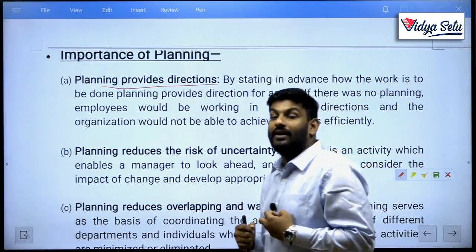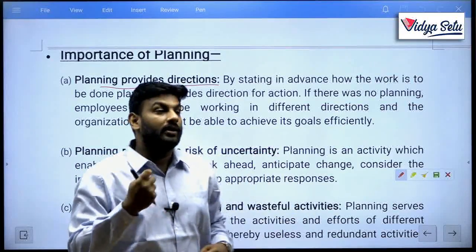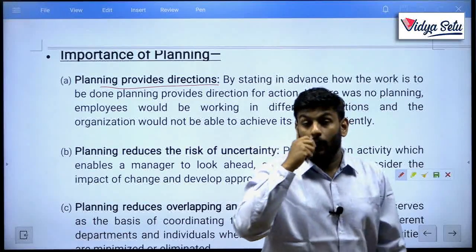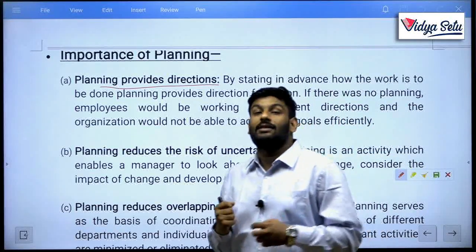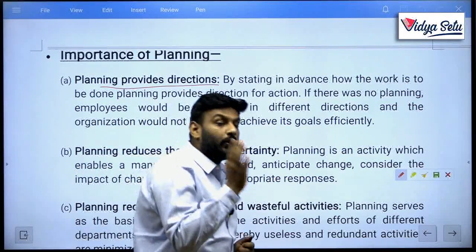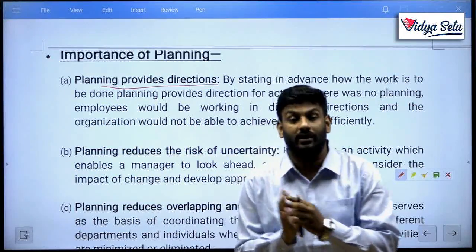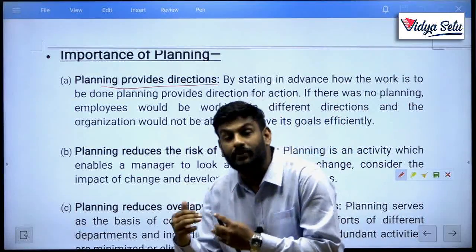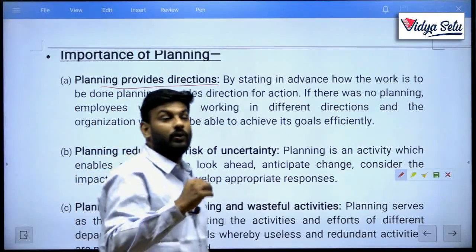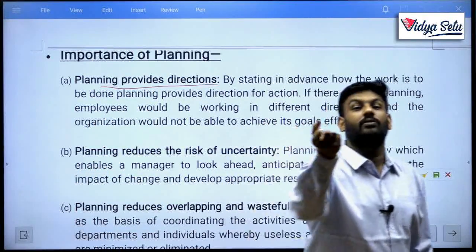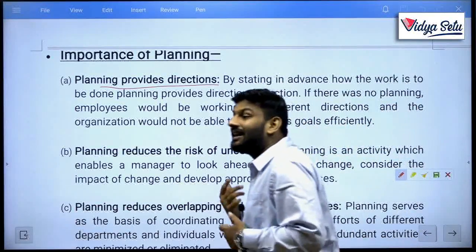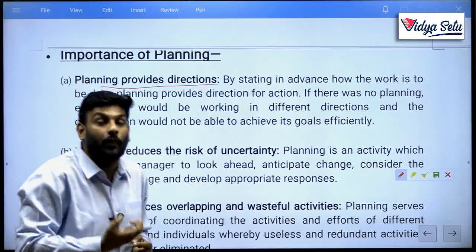Planning already decides it for you. It tells how the work should be done, what is to be done, when it is to be done, and who is going to do that work. All of this gives direction on how you can do the work. It provides that you need to follow step 1 initially, then step 2, then step 3, or you need to produce this product first, then the next product, then the next. This all contains the direction which is given with the help of planning.